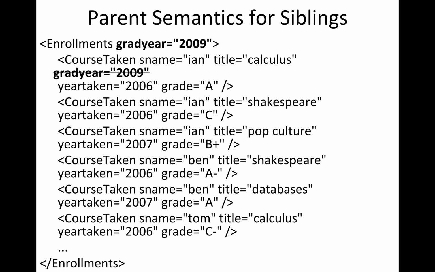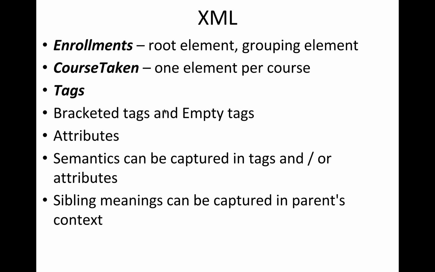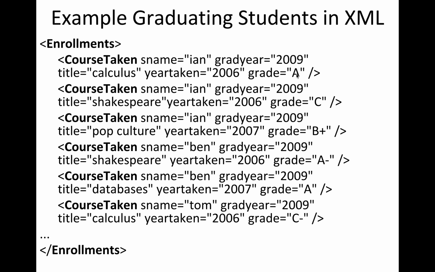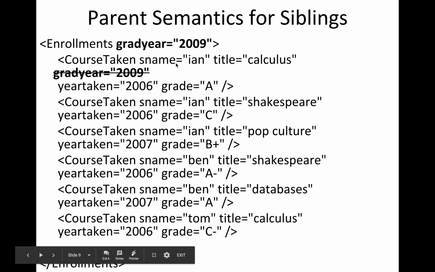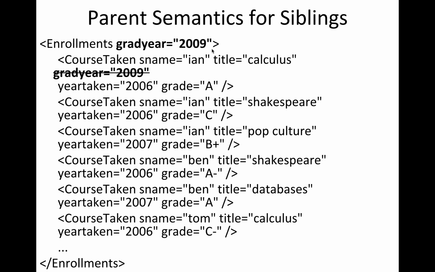Now we might decide that if we have certain data that is redundant, that we would like to abstract, perhaps instead of having that kind of redundancy, it could be represented at the parent level. So for instance, if all these folks graduated the same year, in the original one, notice that they all graduated in 2009. If that's the data being abstracted, we could decide to roll all that up into the parent, instead of redundantly capturing it over and over in the siblings.